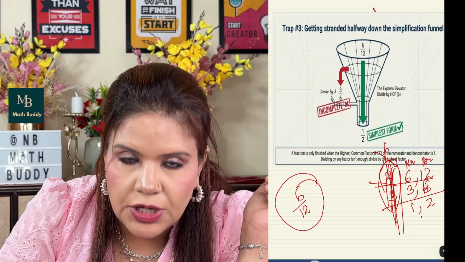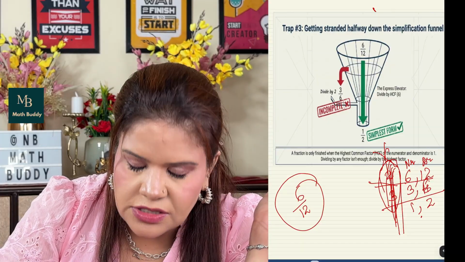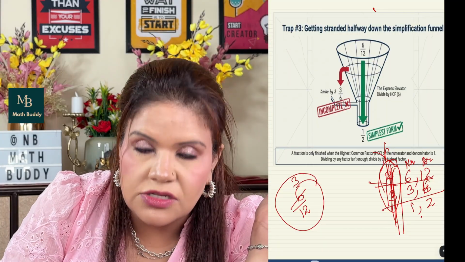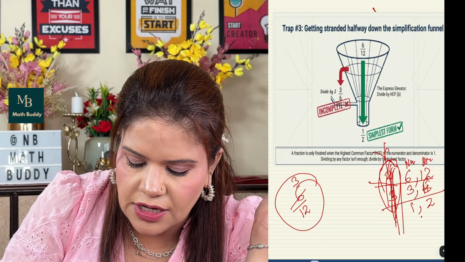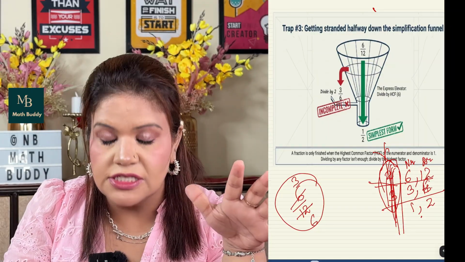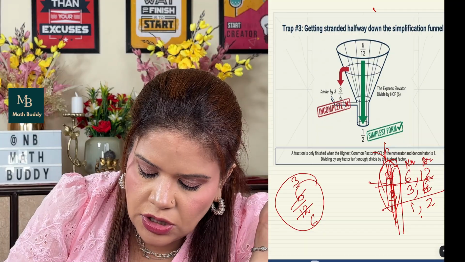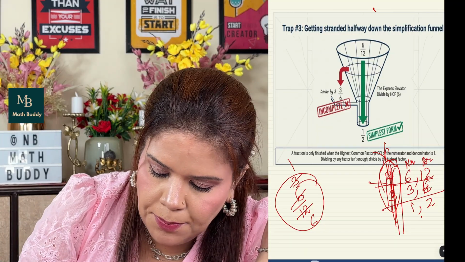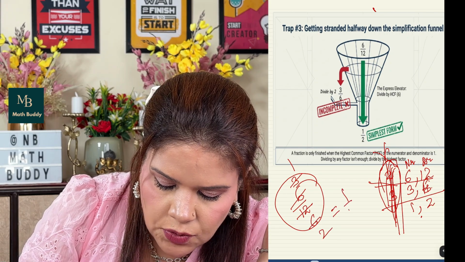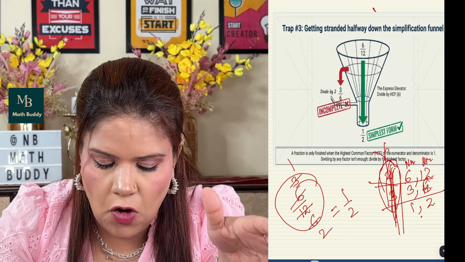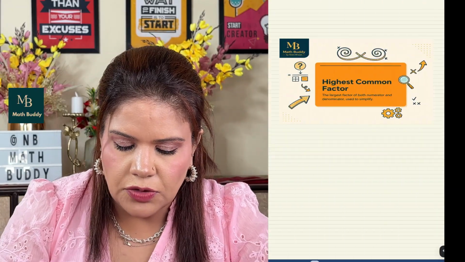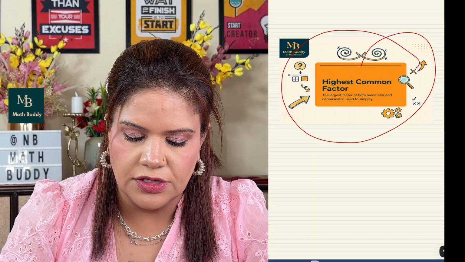Now what we will do: below 6, what is the first number you have got? 3, so you will write this as 3. Below 12, what is the first number you have got along with 3? That is 6. So this is the first simplified form. It is not yet the simplest form. Below 3 you have got 1, and below 6 you have got 2. So 1 by 2 is the simplest form, and this is what I got. So what we were looking for is the highest common factor.